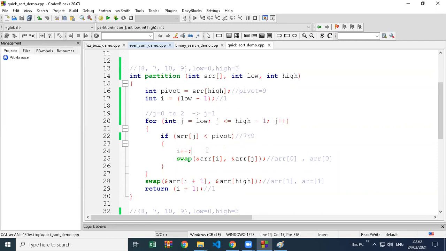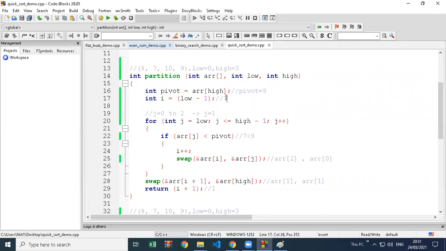Again this is less. So increment I value. So now ARR of 2, 10, and J is also... Sorry, it should be 1 actually.